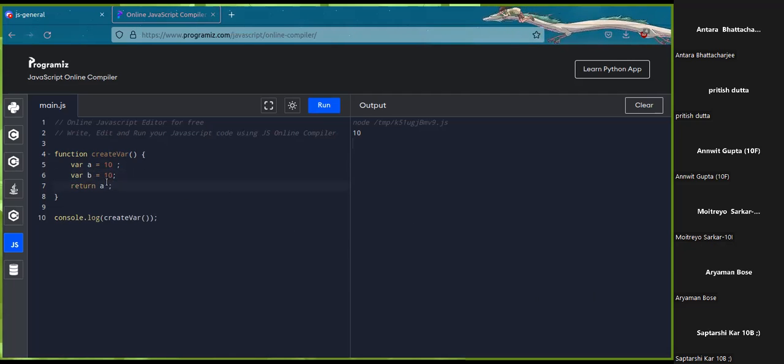But in the case of returning multiple values, I would suggest using it like this. Wait, a comma b. So why isn't it printing a comma b? Okay. Well, the thing is that in JavaScript, you can return at a time only the value of only one